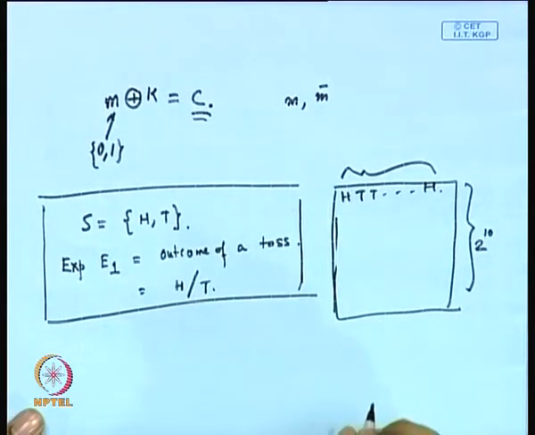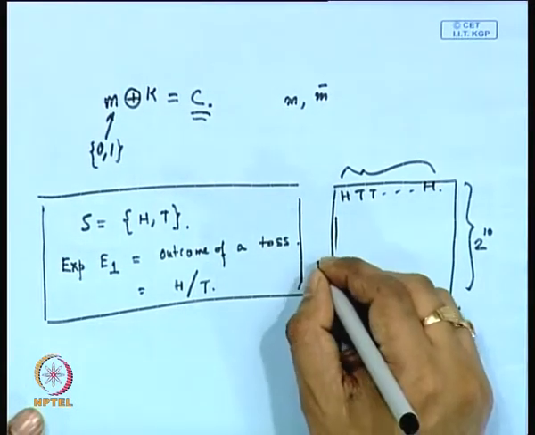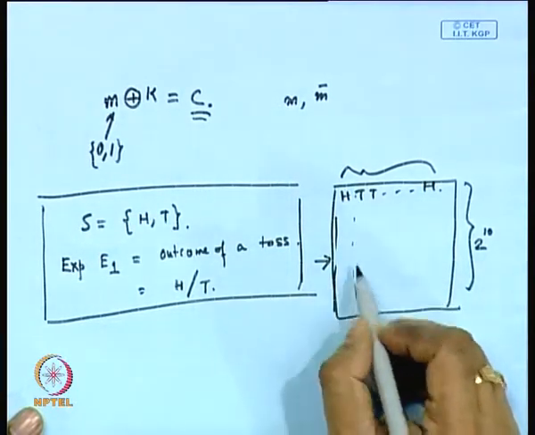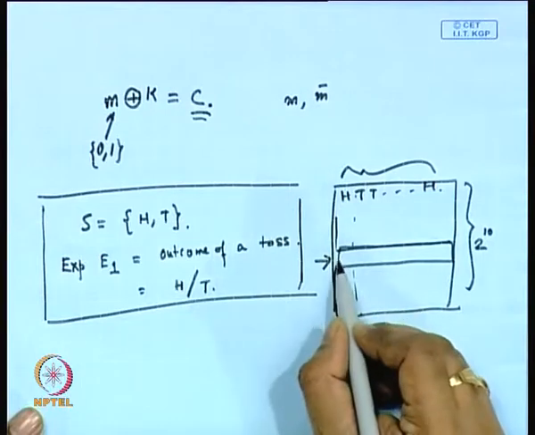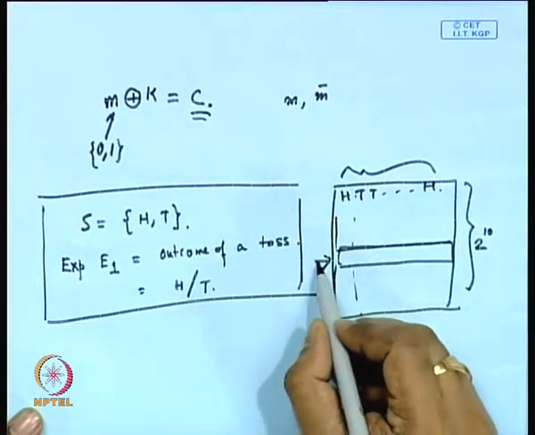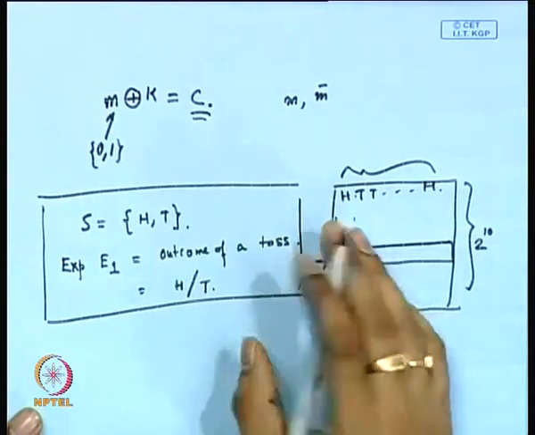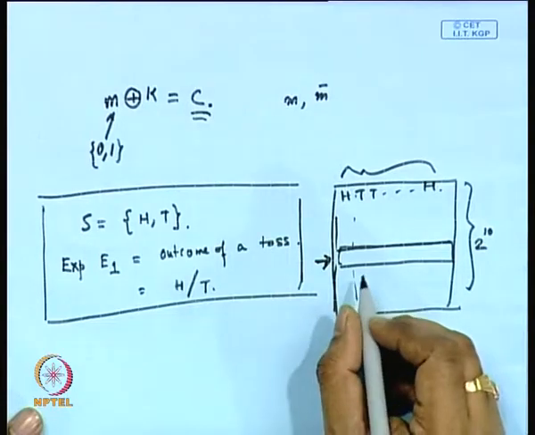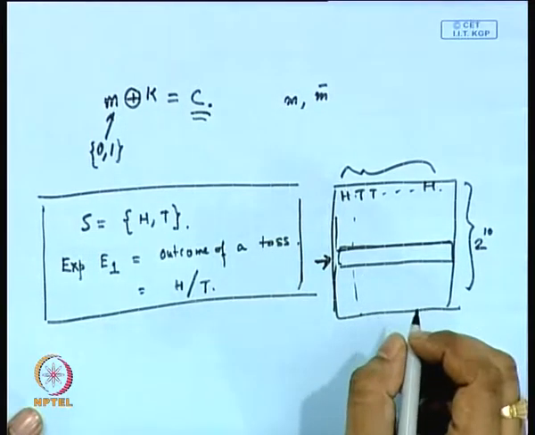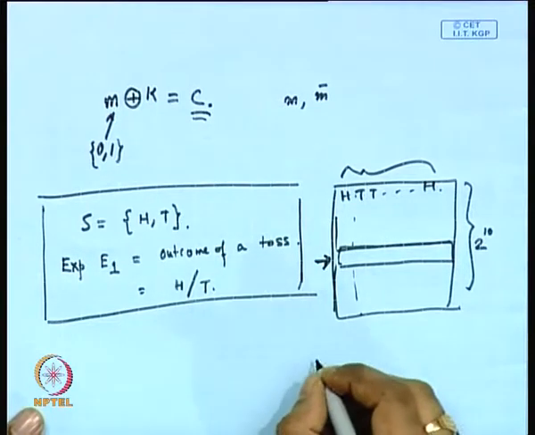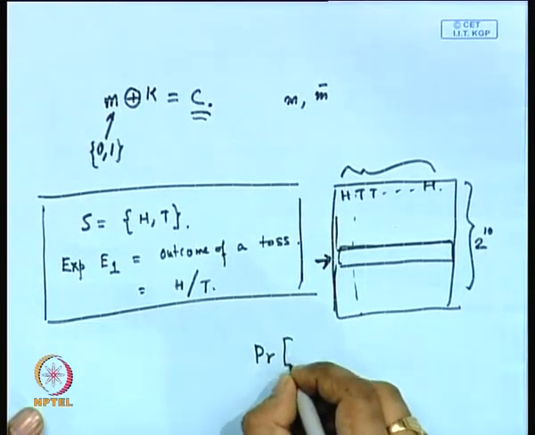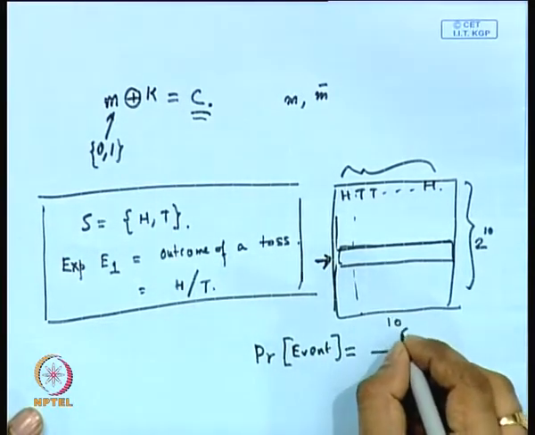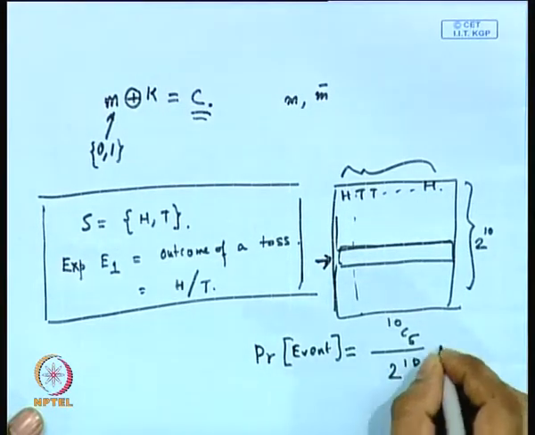Now if I denote a particular event as 5 times head and 5 times tail, then from all these sample points I am interested in the probability of one particular event. This event can occur in certain possible ways, so we can compute the number of ways exactly 5 heads fall by simply computing 10 choose 5. Therefore, the probability of the event that there are 5 heads is 10 choose 5 divided by 2 power 10.